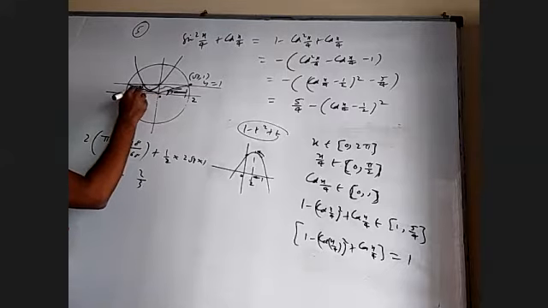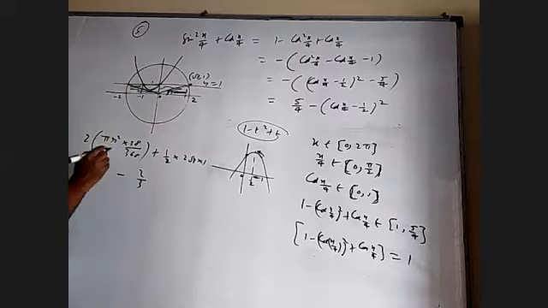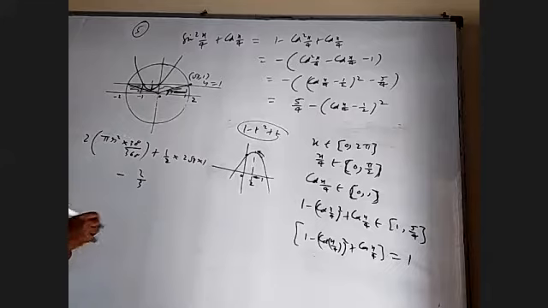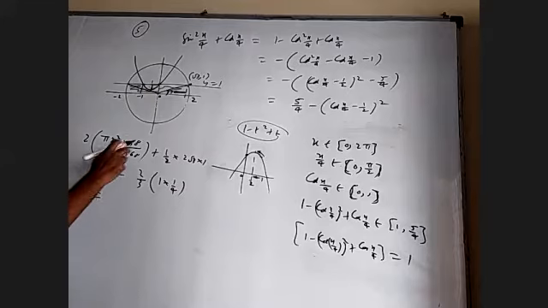Okay. So 2/3 of, what is that rectangle? This is 0 and this is -1. So this width is 1. What about this height? It is 1 by 4 because this is 1 and this is 3 by 4. That gap is 1 by 4. So 2/3 of 1 into 1 by 4. So this is 1 by 12. R square is 4.